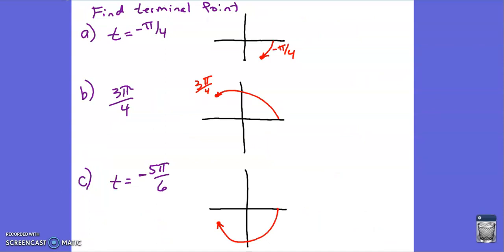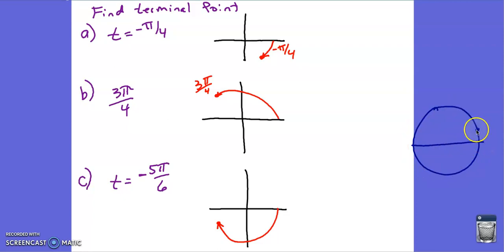So when we're going to find the terminal point of each of these, look at letter A. If I ask you to find t equals negative pi over 4, so I'm moving in the clockwise direction, there's a couple ways we could do this. One way, back on the unit circle, just as a reminder,